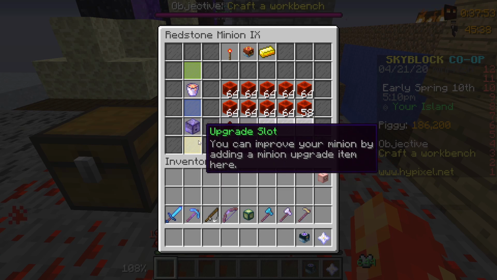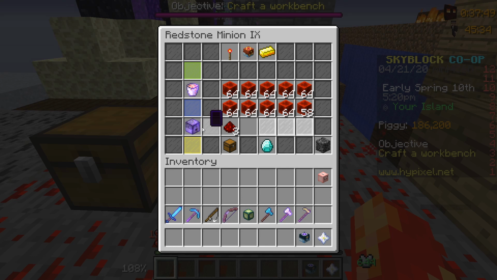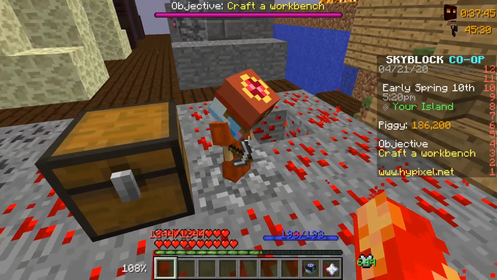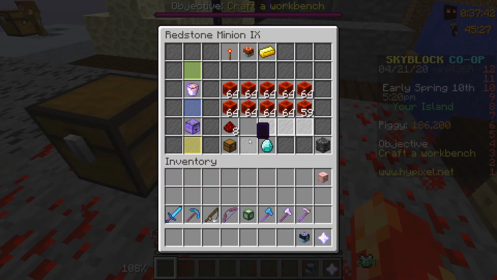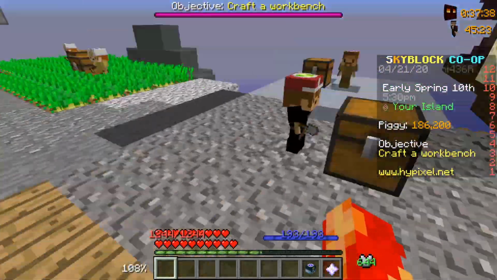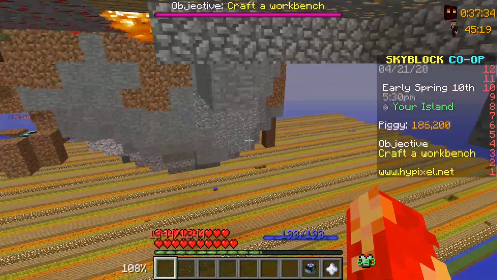And down here we have 2 upgrade slots. Now one of them is full, the other's empty. And this one is a compactor. And what this does is it compacts stuff that the minion generates into its block form. Now as you can imagine, this can't be used with every minion. Like the potato minions, the gravel minion, the clay...